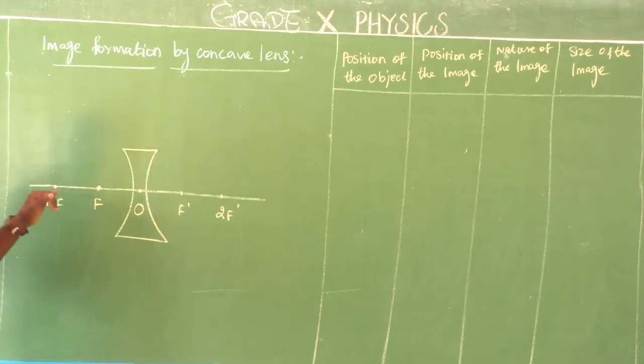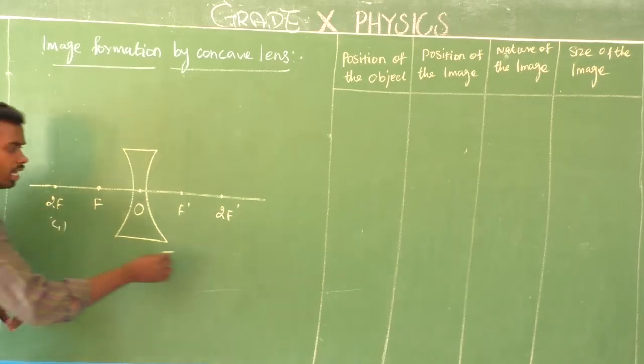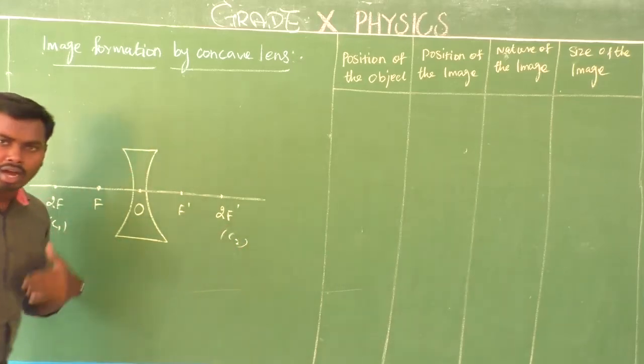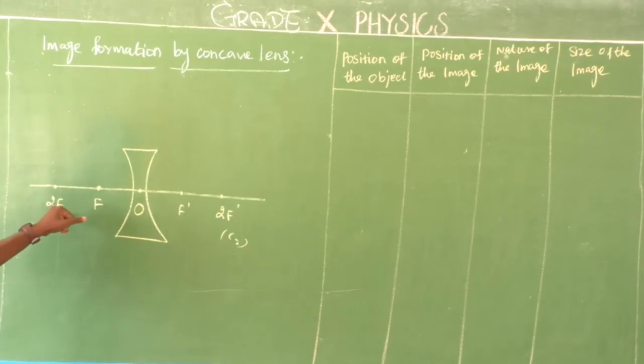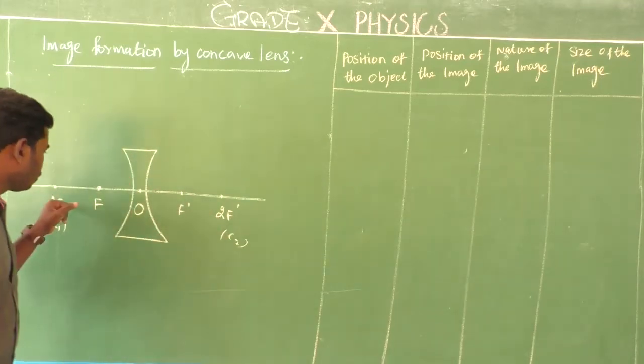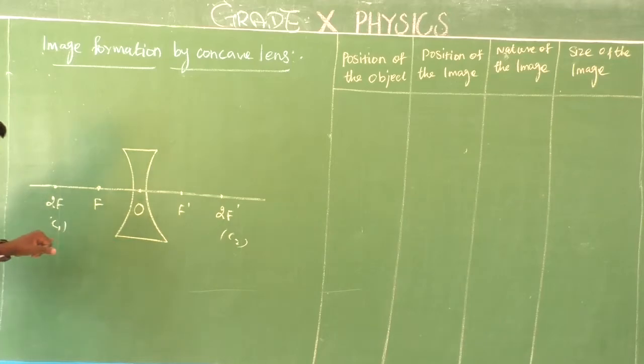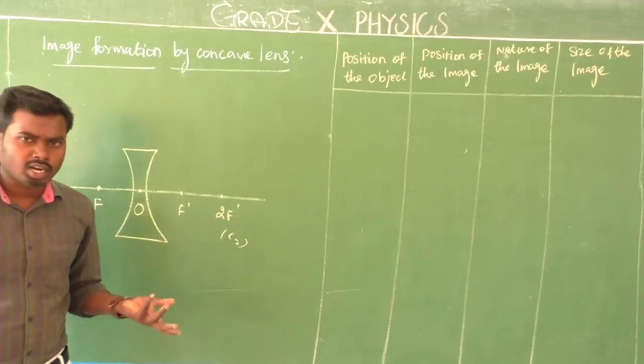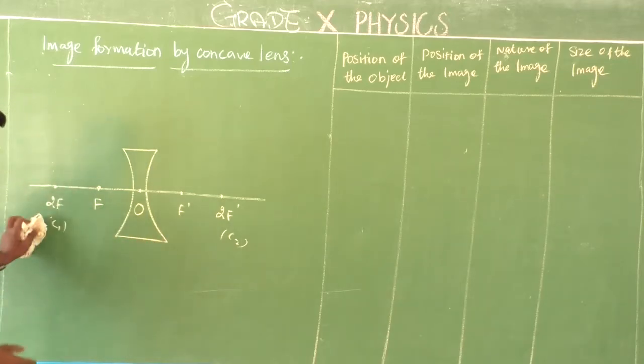Very simple. So we can also say that 2f is considered the center of curvature. Instead of 2f, we can use C1, even C2 also. For my convenience, I have taken 2f and 2f' here. Is it clear? Instead of 2f and 2f', we can use C1 and C2 also. That's not a problem at all. Okay? Yes.